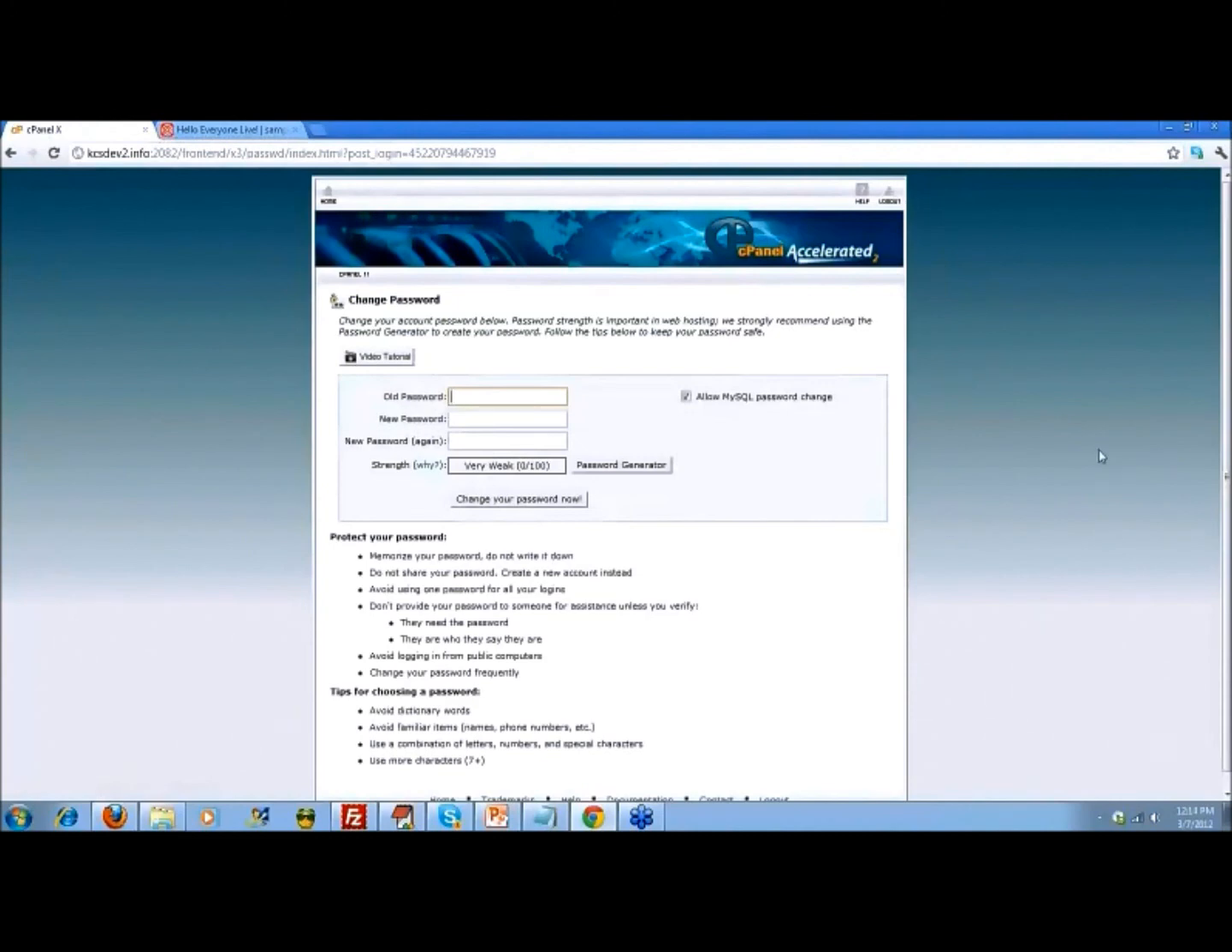So, all right. Now that I've logged back in, it basically ended my session, so it took me to the change password area. Just know that this is the ability for you to change your cPanel password. So if your cPanel password is not really, really strong,